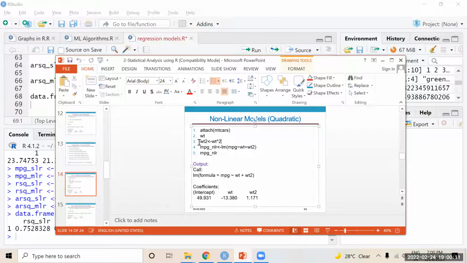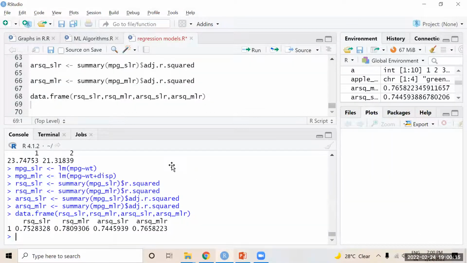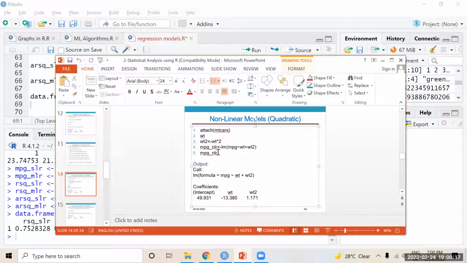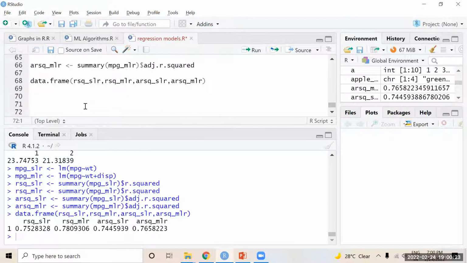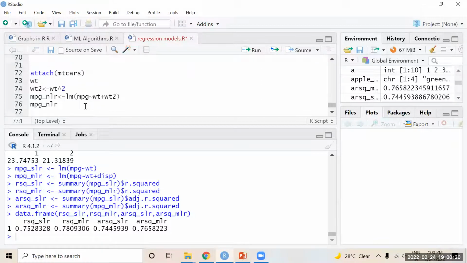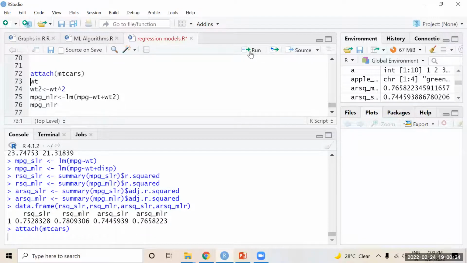So first we have to calculate. I will explain this one also. So what I explained just now was the linear model and multiple linear model comparison, how we can check the accuracies. This attach mtcars is already executed.